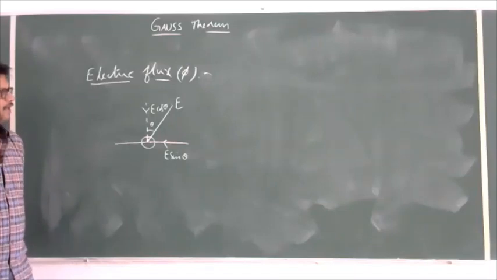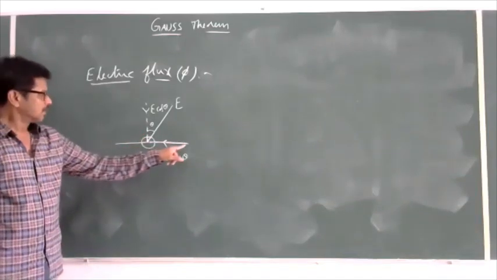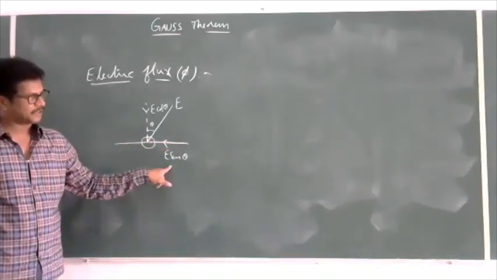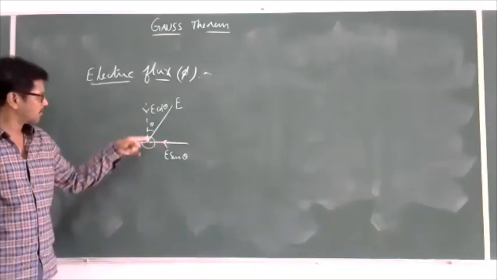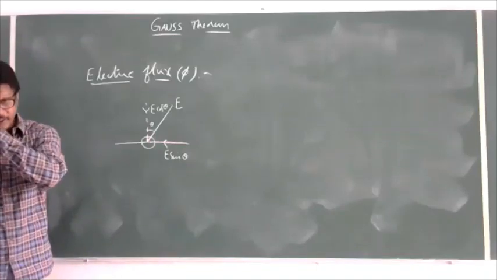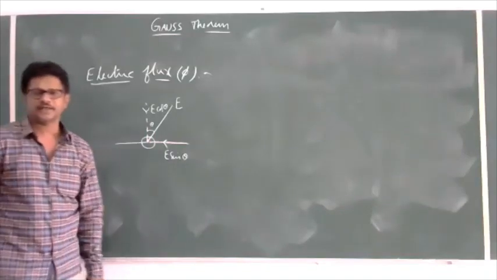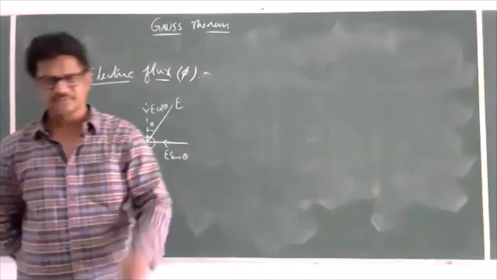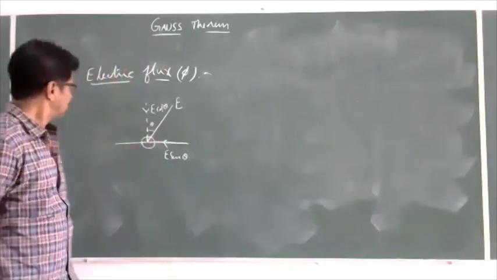So while calculating the electric flux, the parallel ones are not necessary. Only the normal ones have to be considered. So E cos theta only has to be considered while calculating the electric flux. Now, here,